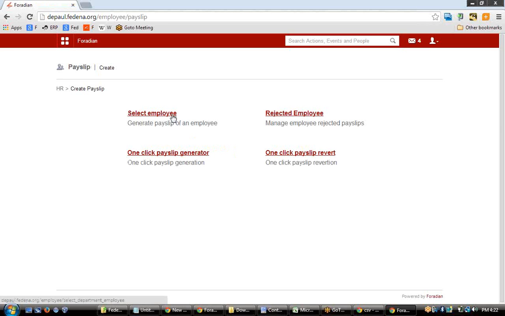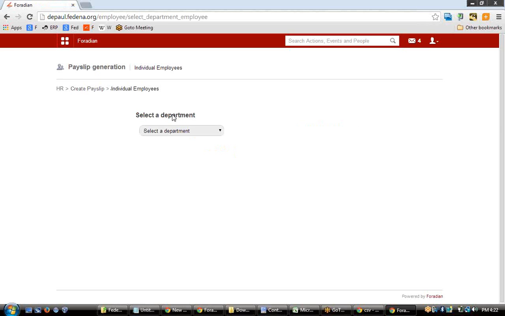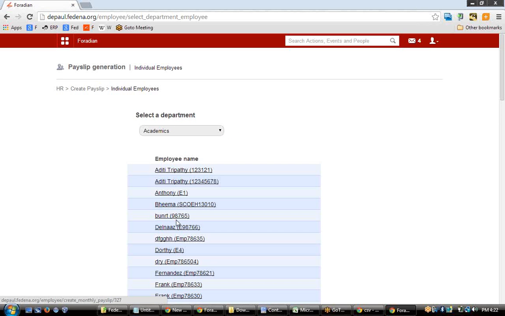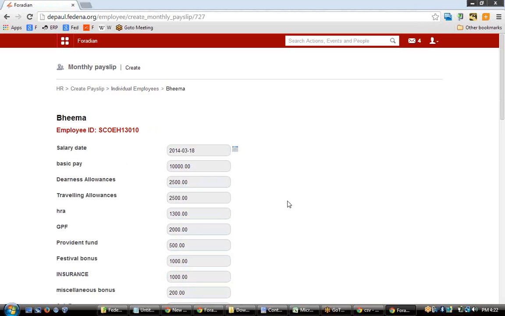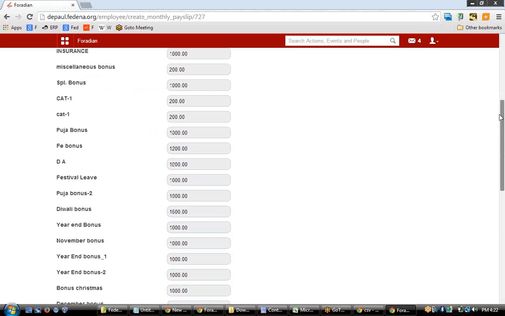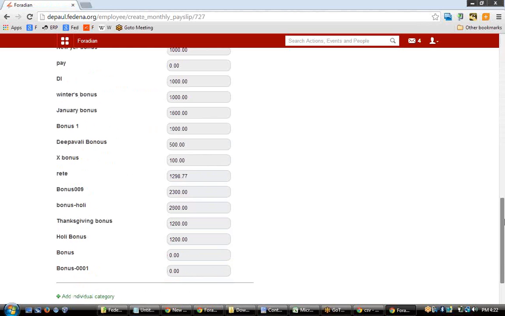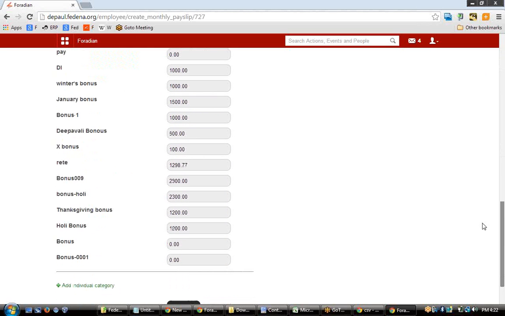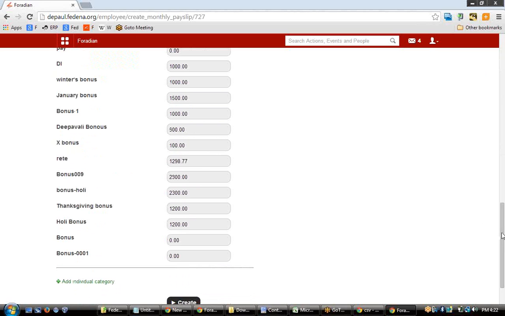The next thing would be to click upon select employee, where you will be able to select the department here and then choose the name of the employee from here. If you want to create a payslip for this employee, you need to fill up all the details like the basic pay, DA and all other items like this, and then if you want to create one more